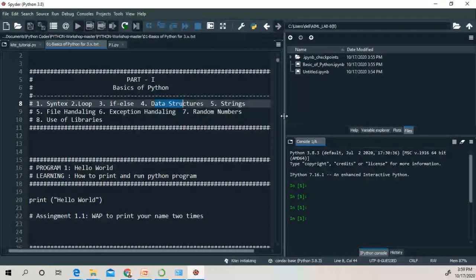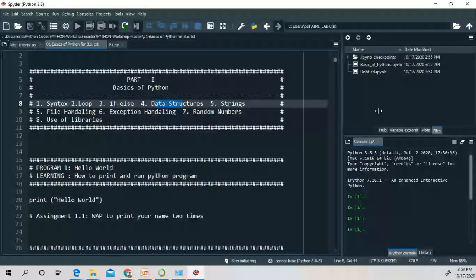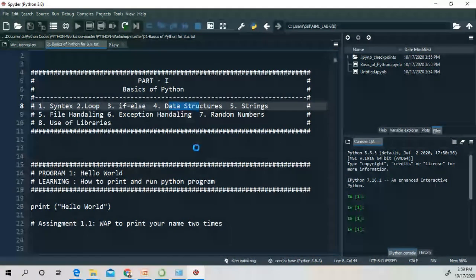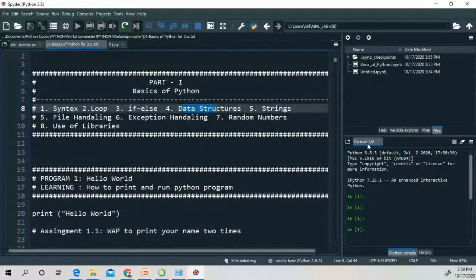Can we start now? Any doubt till now? You may ask. We will not cover any experiment today. We will cover the experiment in the next lab.